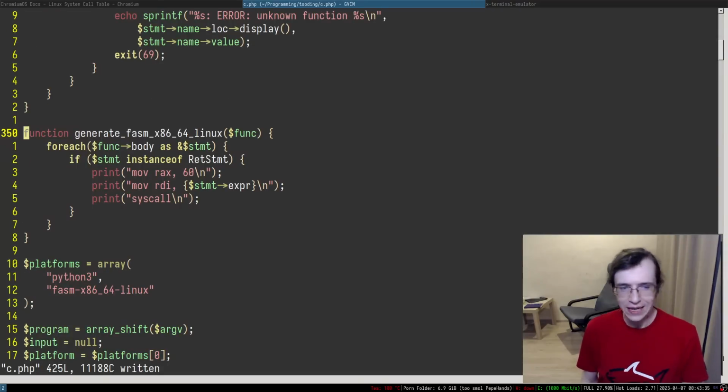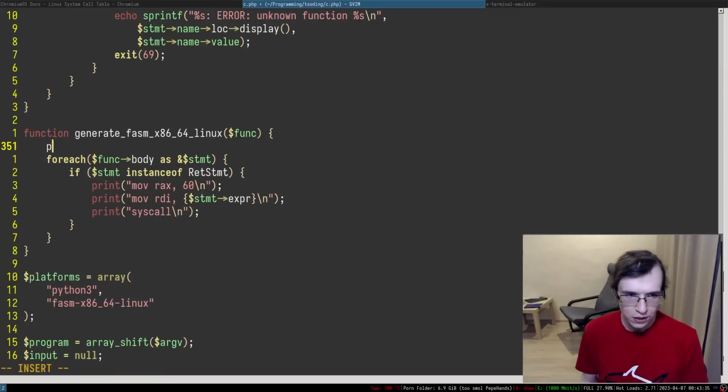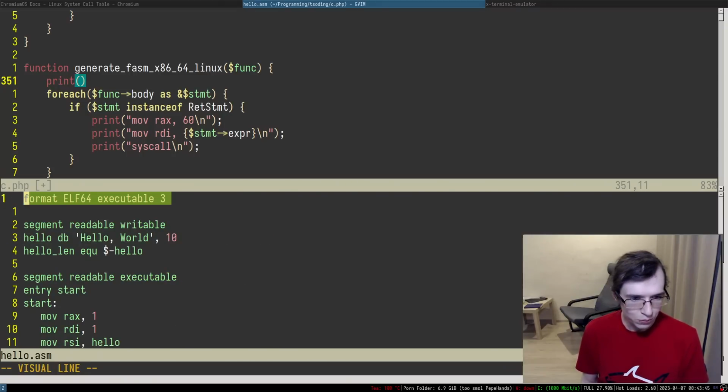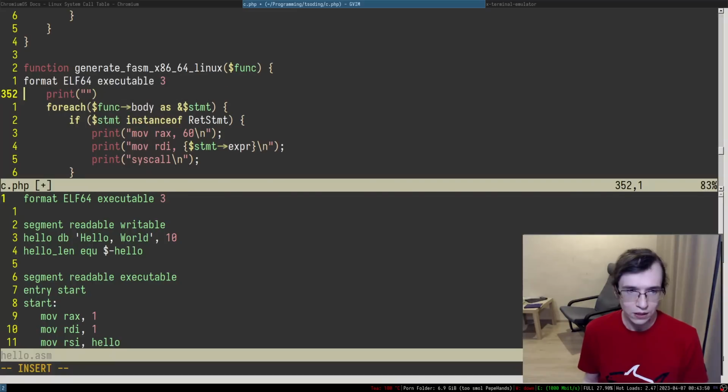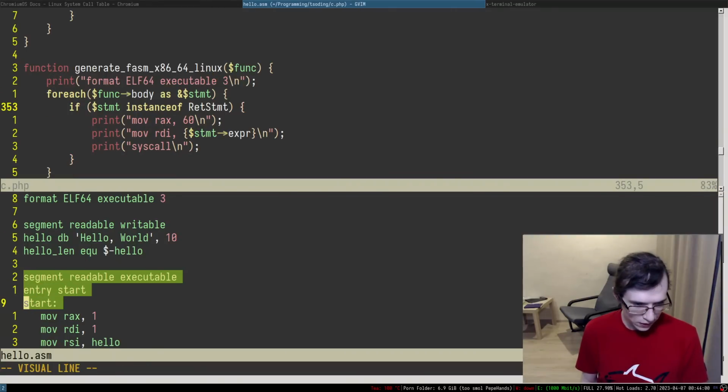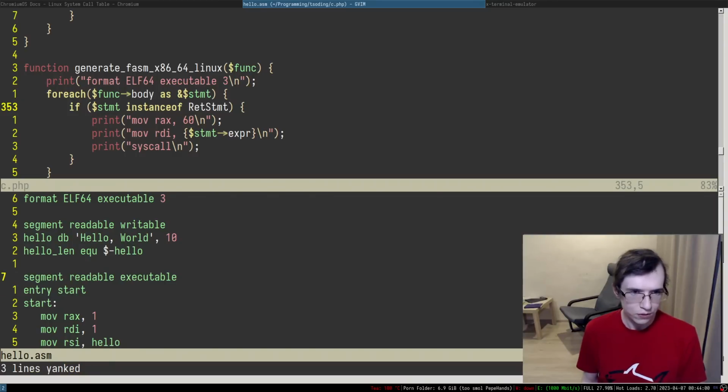But we need to also add a little bit of boilerplate in here. So let me quickly do that. I'm gonna separate this entire thing, and I'm gonna go to the hello asm. So the main boilerplate is this thing, I suppose. So we're gonna put it in here. Yeah, let's actually insert it like that. In this one, it's gonna be a new line, and there we go. And another thing is going to be this stuff.